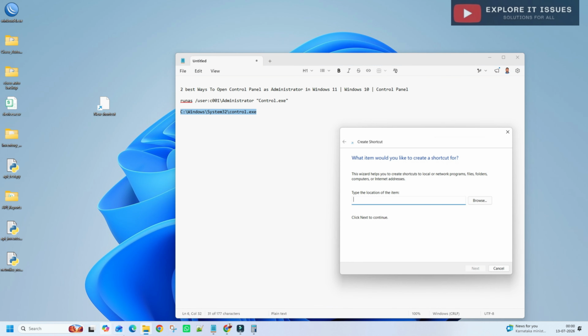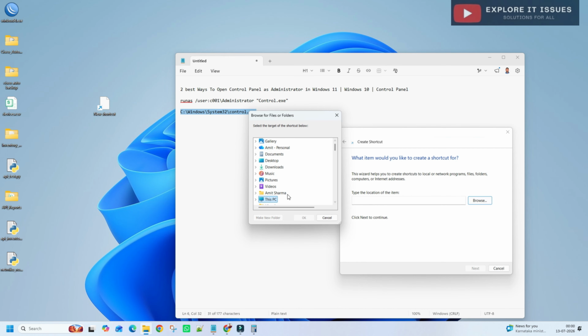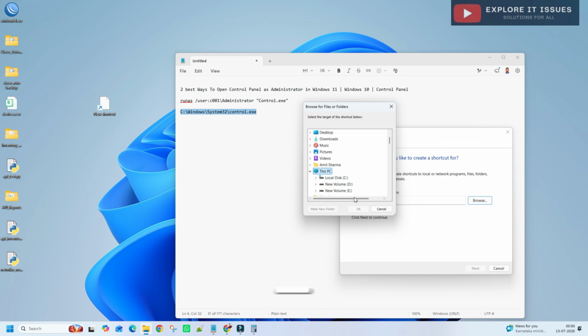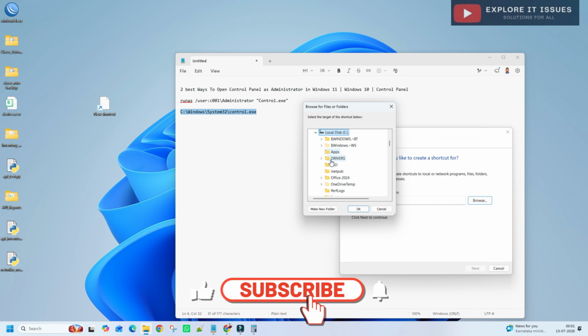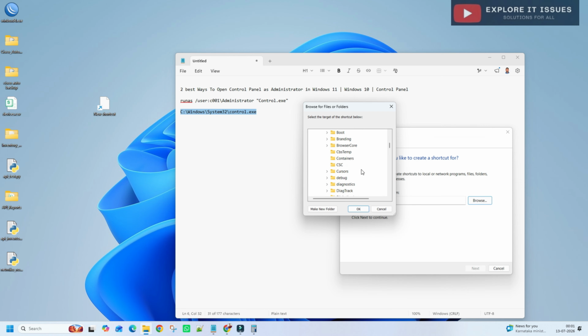You just go to the path and browse: C drive, then Windows, System32, then Control Panel.